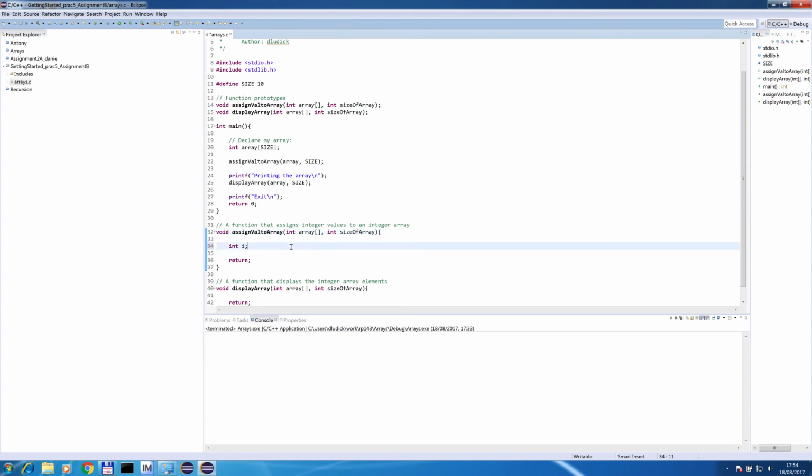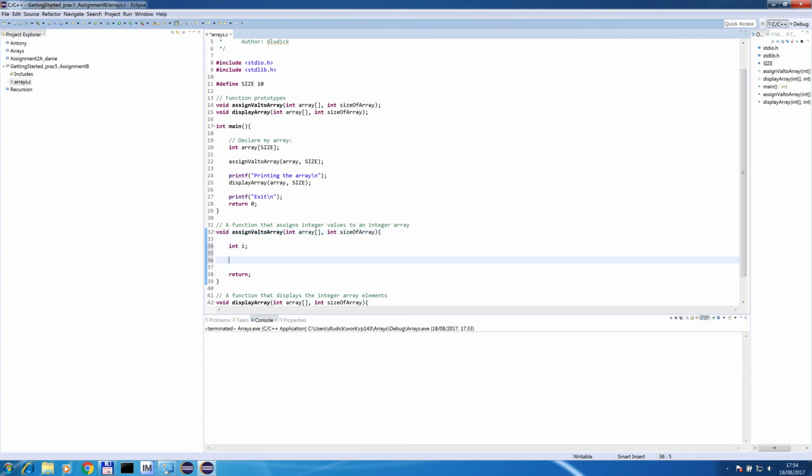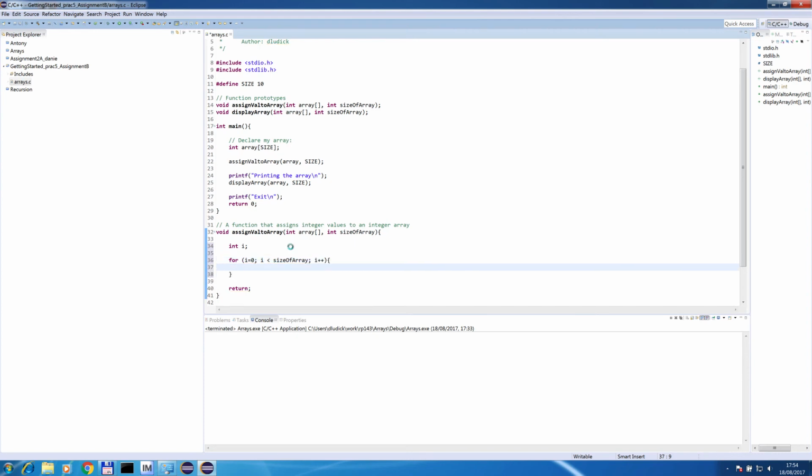So for that, we're going to use a counter-controlled method, and that would be a for loop. Okay, so we're going to say for i equals 0. Let's start off here. Okay, i is less than size of array and i++. What do we do here? Well, let's assign now integer values to my array. So I just say that my array's ith element is equal to the counter i. Okay, now,